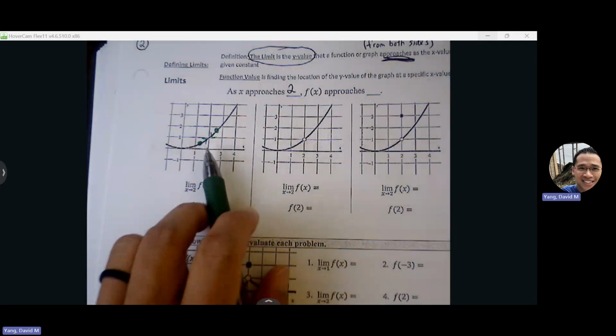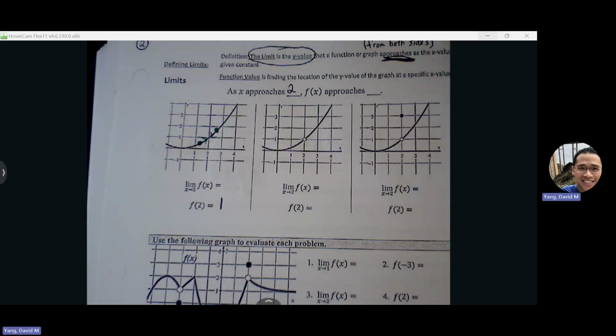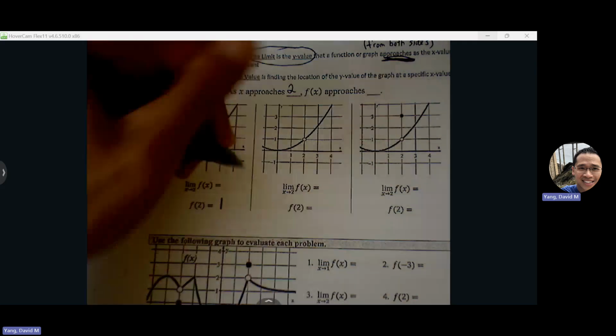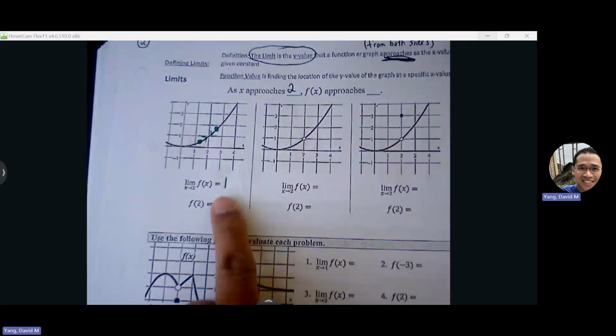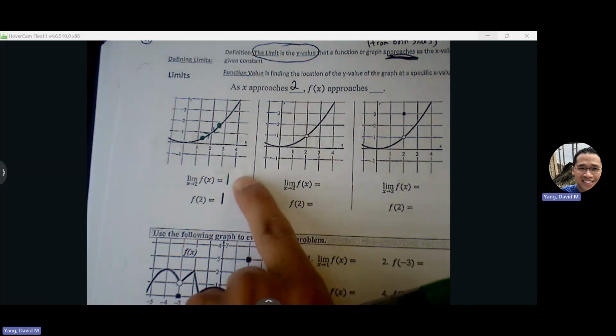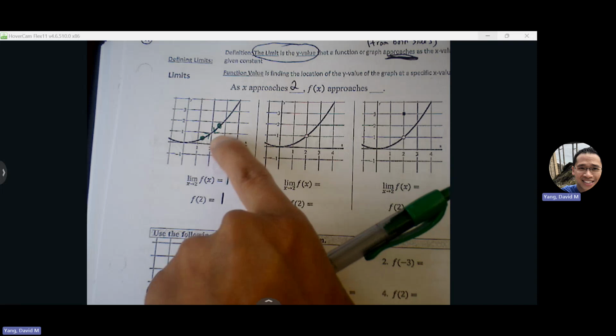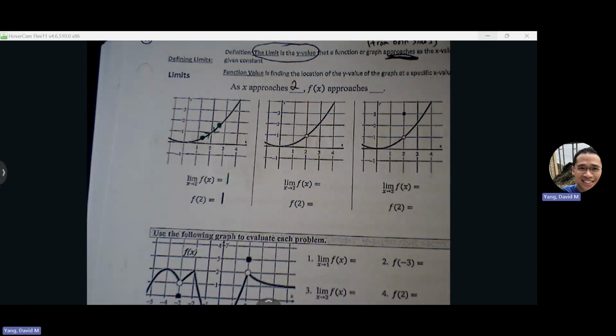And I think this will be a nice visual connection for us because now we can ask ourselves, are the 2 arrows moving towards the same y value? Yes. They're both moving towards what y value? 1. And that's enough for the limit to exist. I know right now it just feels like, well, it's so obvious, right? Limit is 1, f of 2 is 1, what's the big deal? But other times we're going to see that the arrows may point to a hole, and as long as the arrows are moving towards the same y value, that is what our limit is going to be.